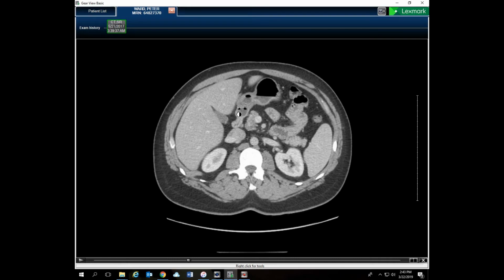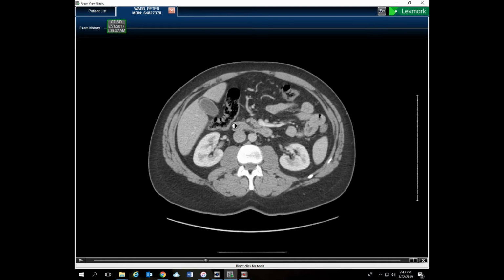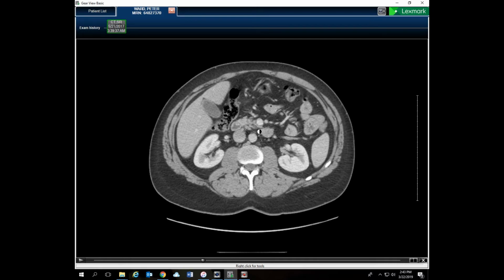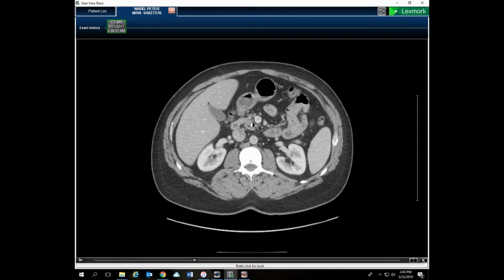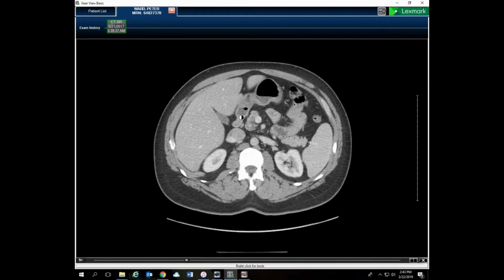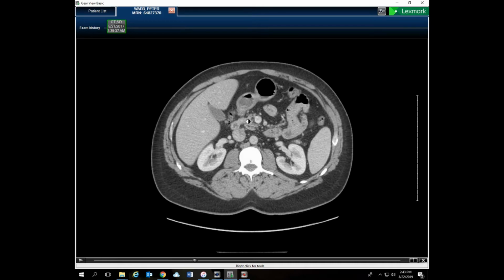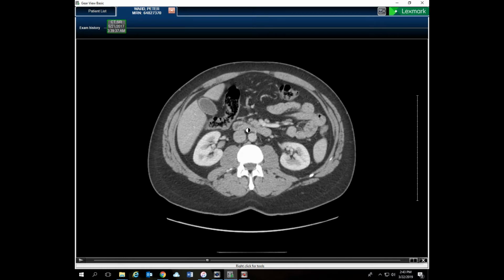And right here, we've got the descending or second part of the duodenum, and it's going to transition this way to the left as the inferior third portion of the duodenum. And as it does so, the superior mesenteric artery will pass anterior to it. And we've got the head of the pancreas right here sitting in that concavity formed by the second part of the duodenum, the descending part. So head of the pancreas here, descending duodenum here, and we keep going inferiorly, and it becomes the third part